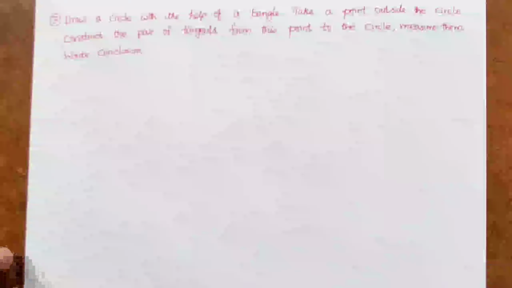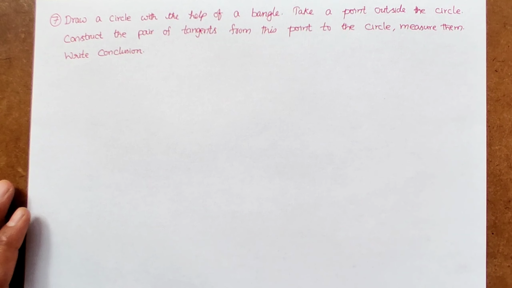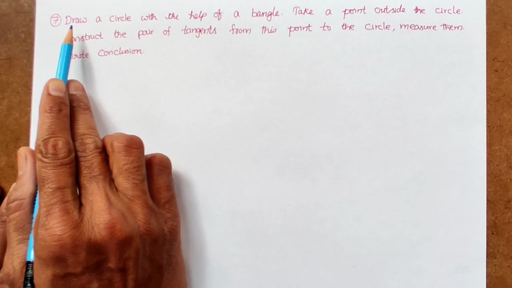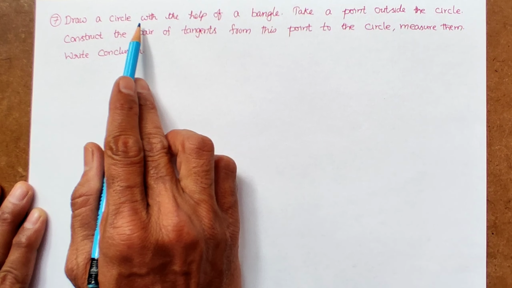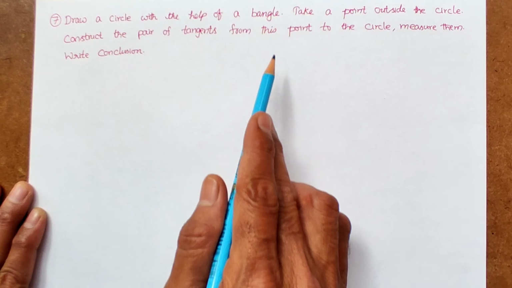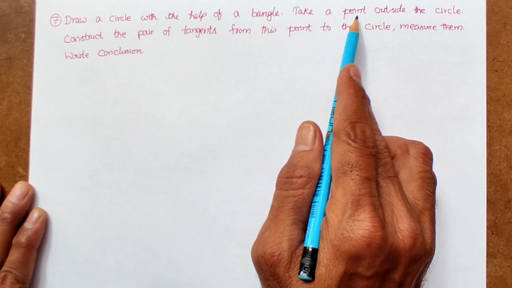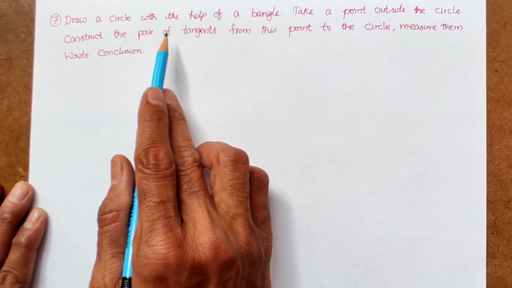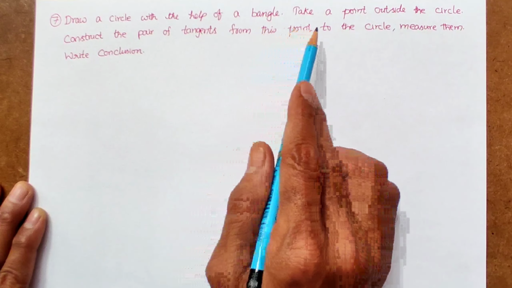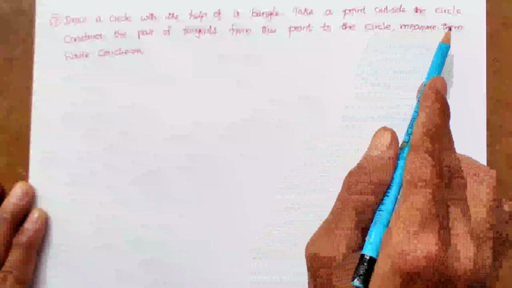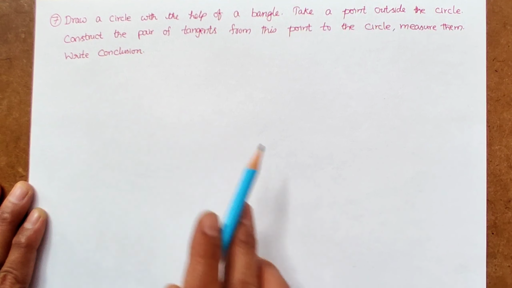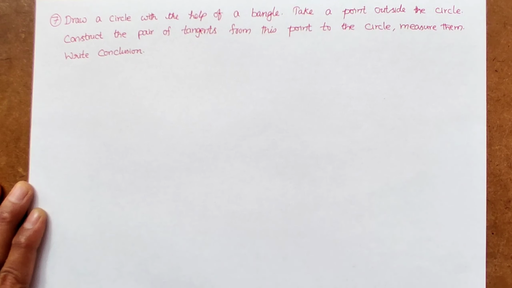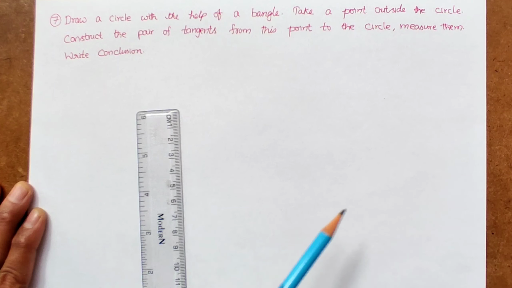Now let's see question number 7. It is, draw a circle with the help of a bangle. Take a point outside the circle. Construct the pair of tangents from this point to the circle. Measure them. Write conclusion. So here, before starting the construction,